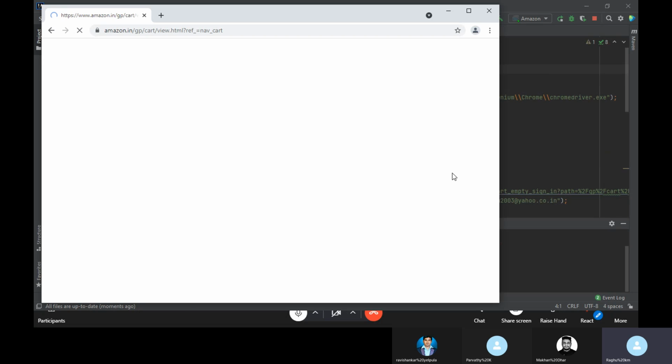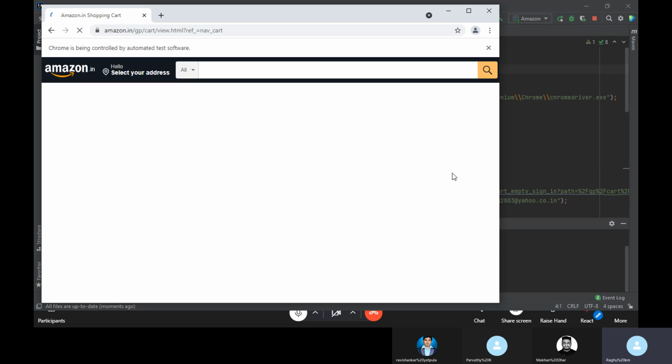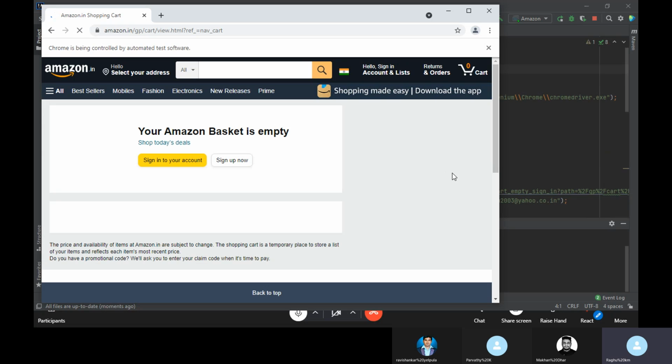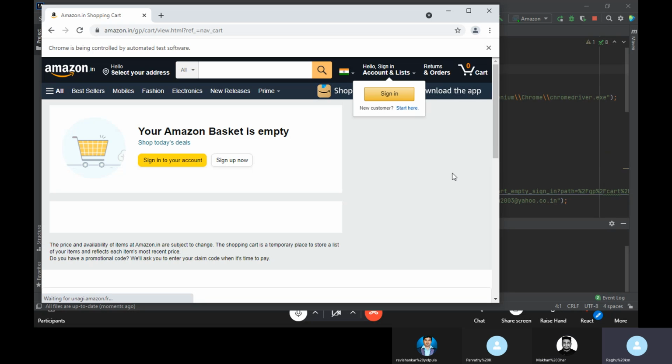It will delete all the cookies, then after login it will go and sign into our account. It will maximize. It is not maximizing.